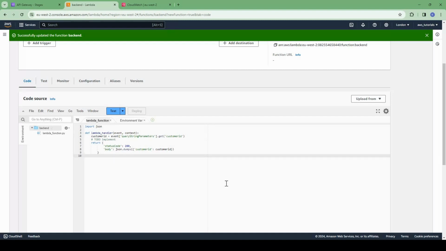proxy and non-proxy integrations. I hope you understood the difference,